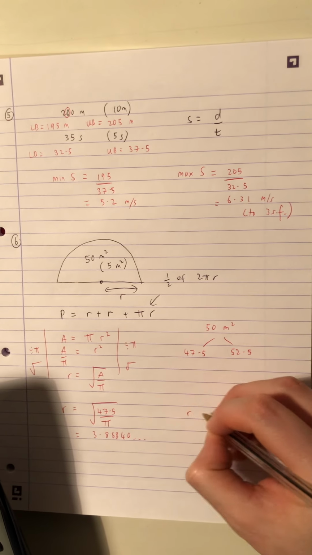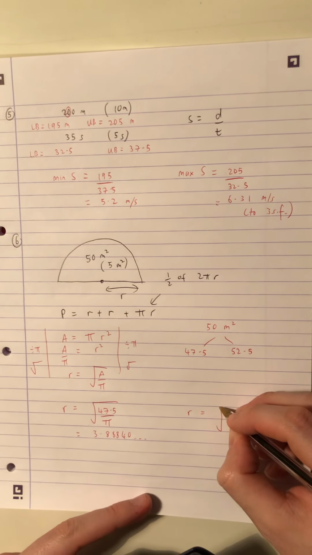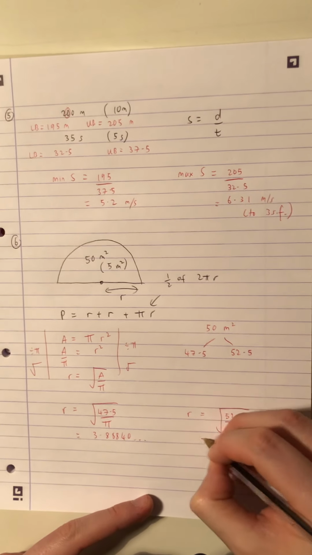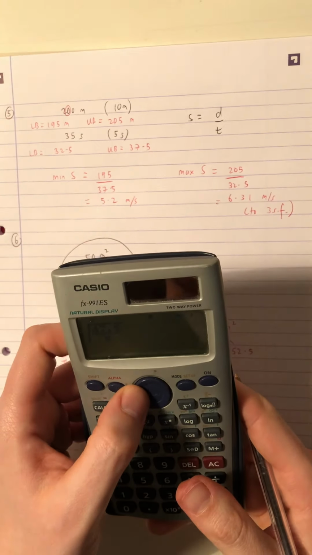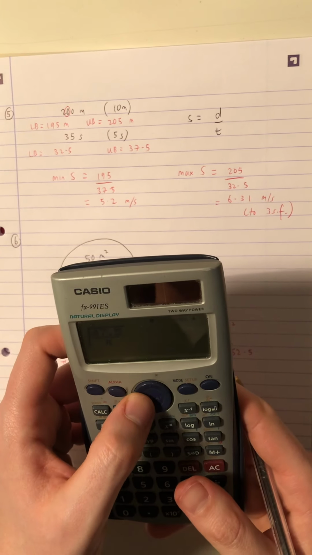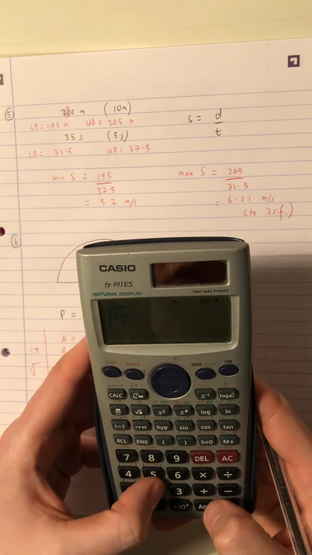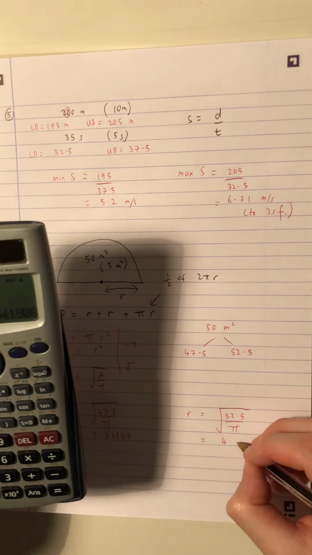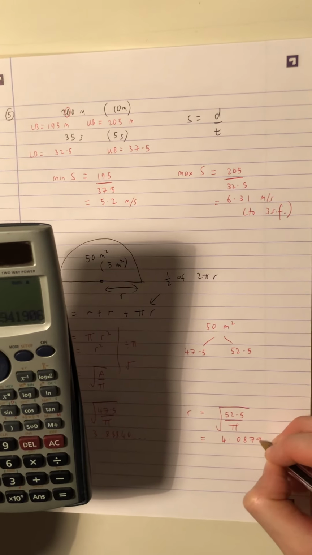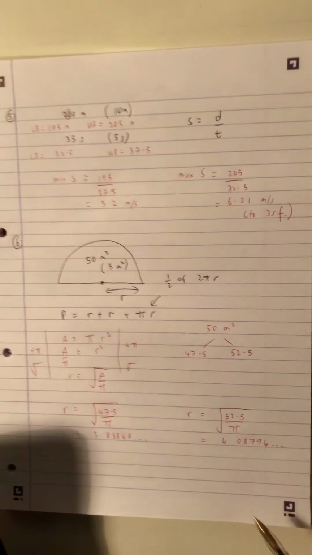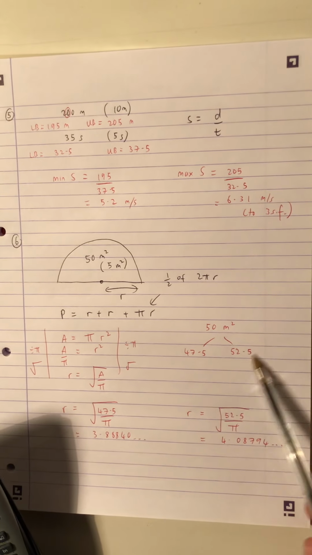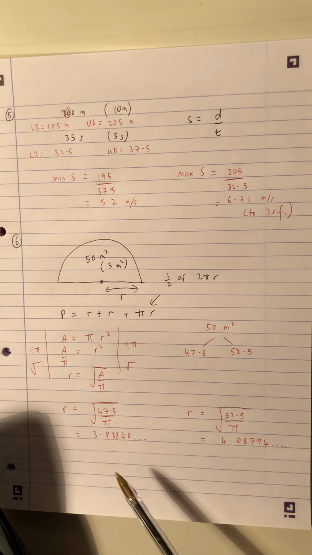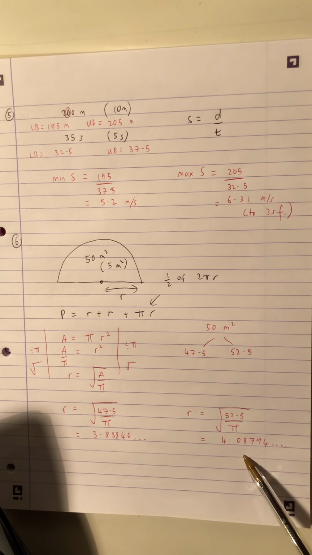The other radius is square root of 52.5 over pi. Change this to 52.5 to get 4.08794. Okay, so you had two different areas, minimum, maximum, to produce two different radiuses, minimum, maximum, and then